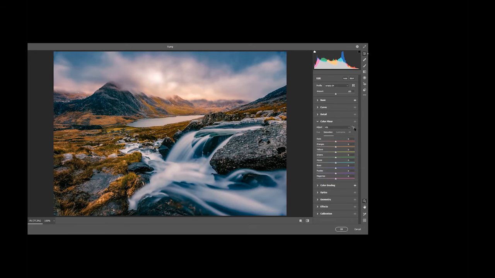To the far right, there's a circle with a plus sign on it. That's a targeted adjustment tool is what that's called. So when I click that, it turns it on, and I'll come to the saturation, not luminance and not hue, but saturation. Now, when I put my cursor on where I don't want that blue, and I press the left mouse button and move it to the left, you notice the sliders are moving automatically based on what color I'm